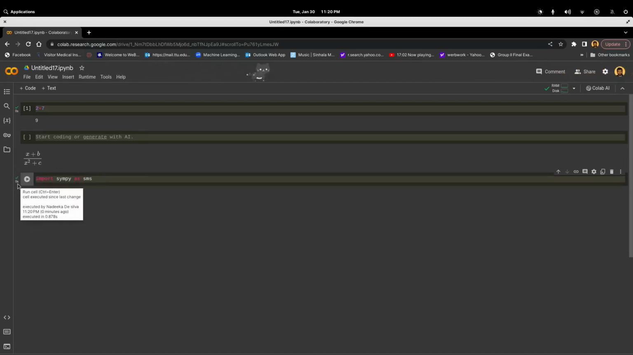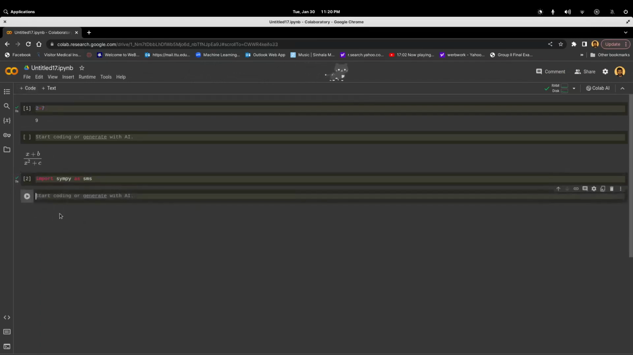So this green sign means it's okay. I will add another code cell. Now I can create a symbol. So normally we would have to say SymPy here, but instead of that I can say SMS now. SMS dot